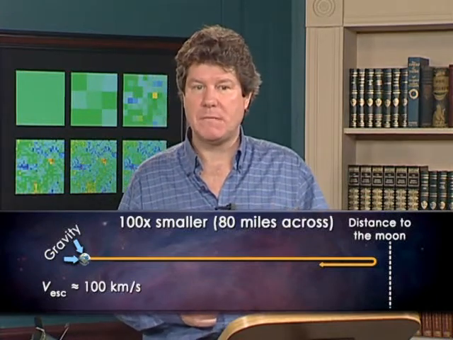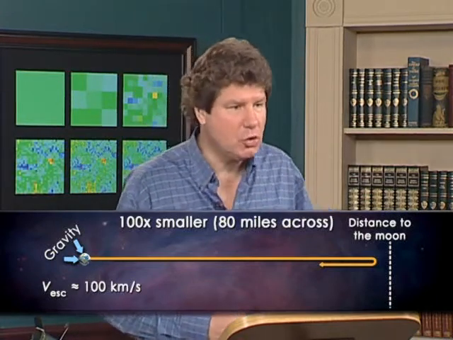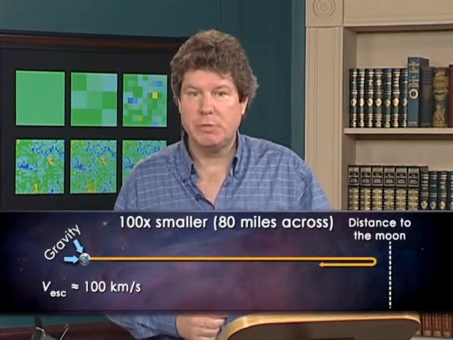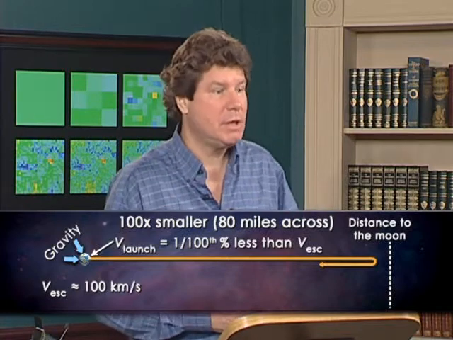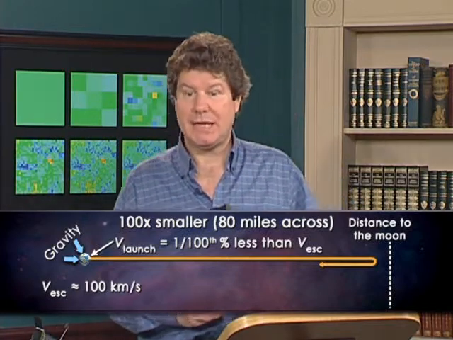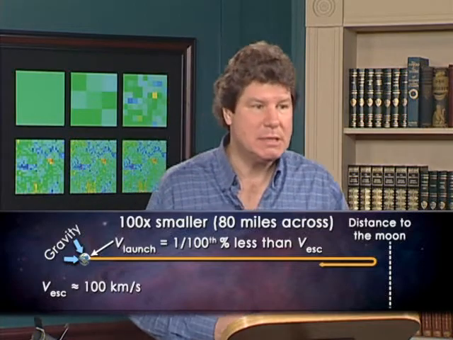Here's a question. How fast do you have to launch the rock upwards, still just to reach the Moon? The answer is 0.01% below the escape speed. That's less by just 10 meters per second. If we'd launched it at 1% below the escape speed, the rock would have only gone up 2,000 miles before